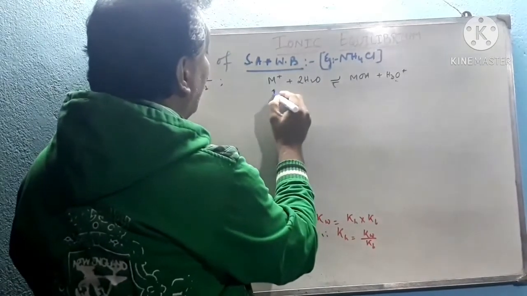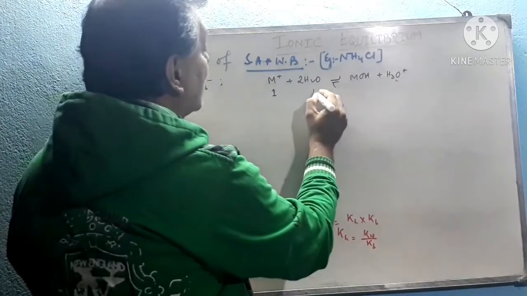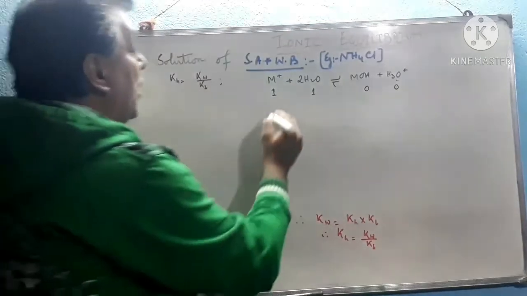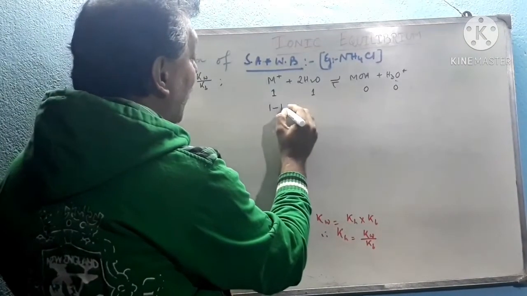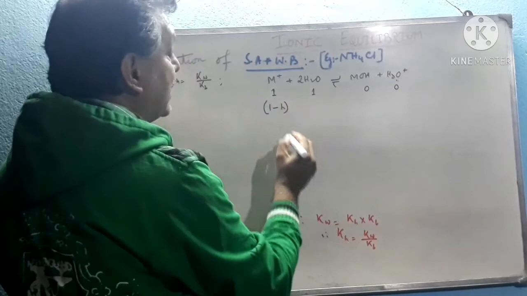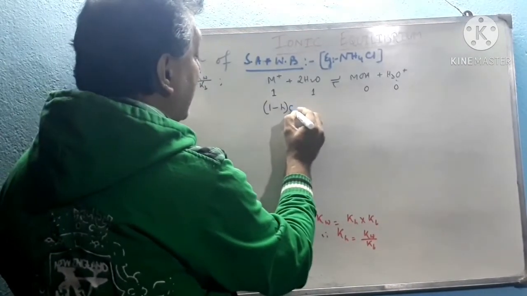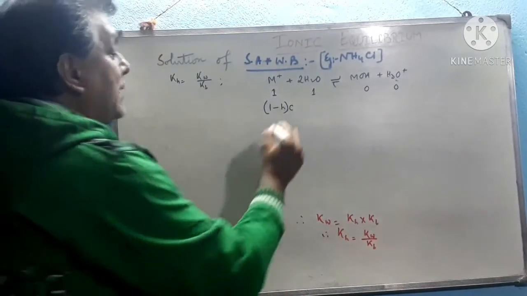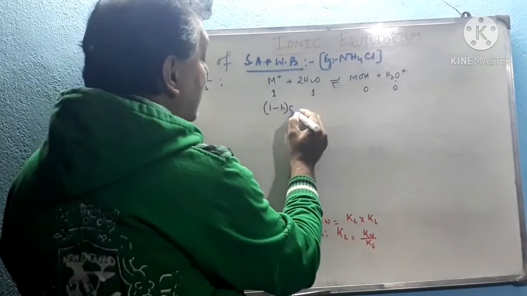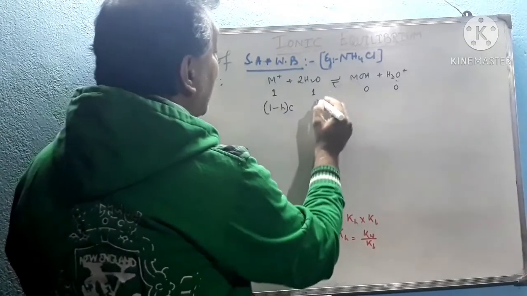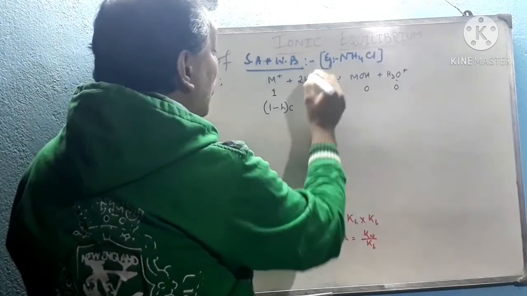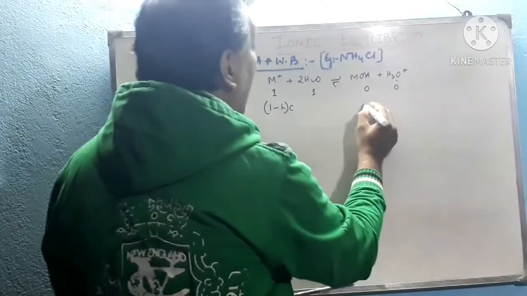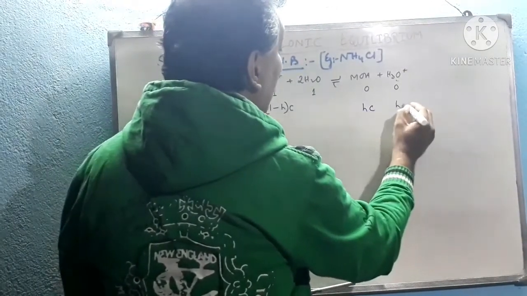suppose 1 mole of MOH is taken here, this is also 1 mole, this is 0 mole initial concentration of this mole per liter. But if H is the degree of hydrolysis, then we can write 1 minus H into C, just like Ostwald law, by applying Ostwald dilution law, 1 minus H into C, where C is the molarity, molar concentration, mole per liter actually. Here also, but the water is constant, yes, because water is a pure solvent. So we have taken this H into C here, H into C also here.